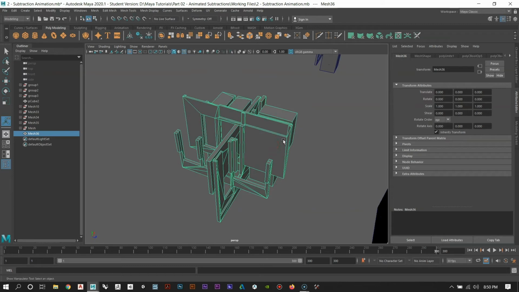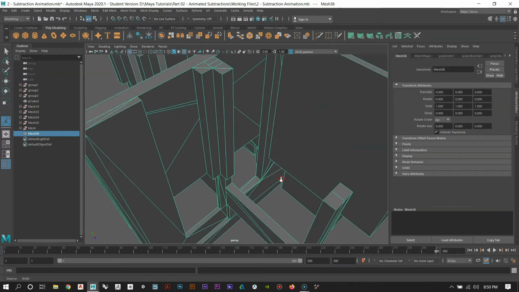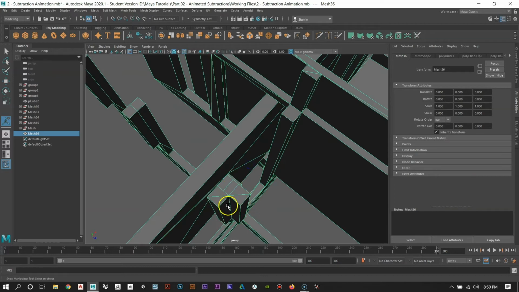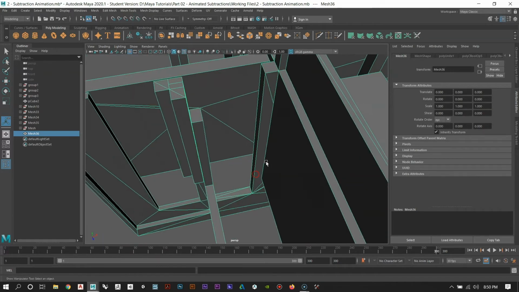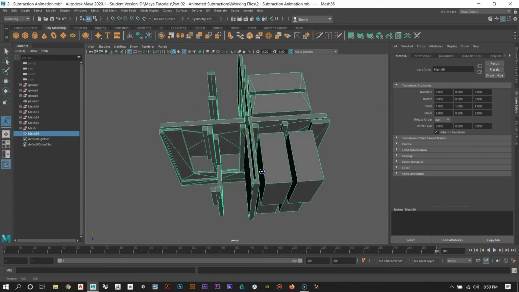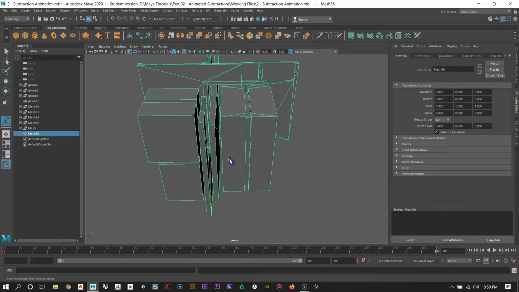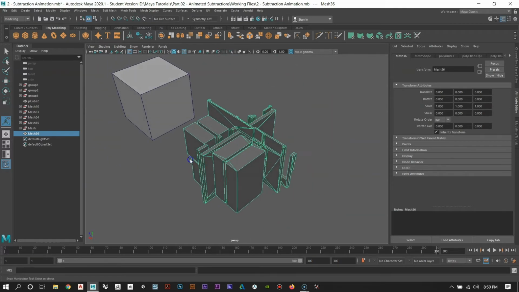Now, why do one instead of the other for a Boolean union versus a combine? Boolean union resolves the intersection between two pieces of geometry, meaning it actually carves out the middle where two faces are intersecting. A mesh combine will not do that. It's going to leave the two objects as being intersecting together, and you want to try and avoid that at all costs,